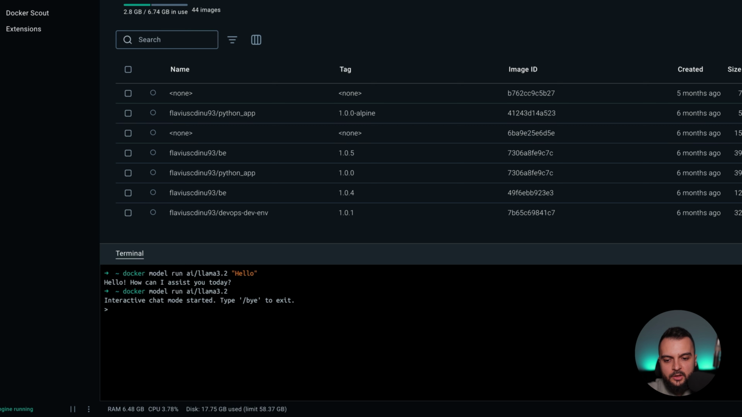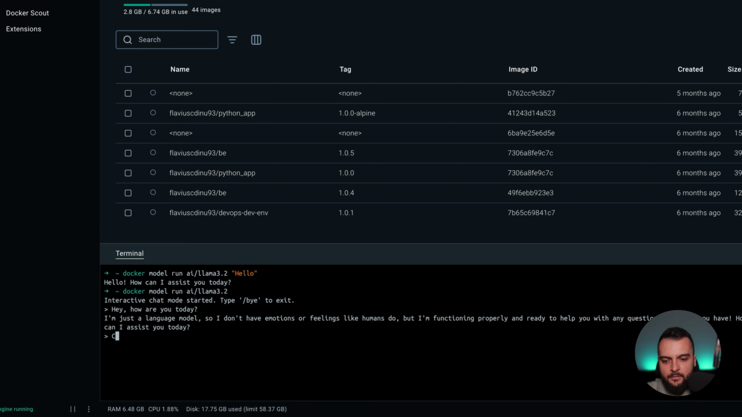And we've started an interactive chat, and we can say, hey, how are you today? Can you tell me what's 2 plus 2? 2 plus 2 is 4, so you can easily chat with it, and when you're done, you can just say bye. So this is useful to get some information directly inside of your terminal,